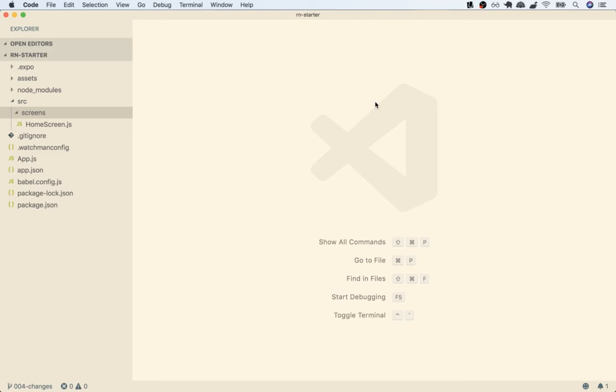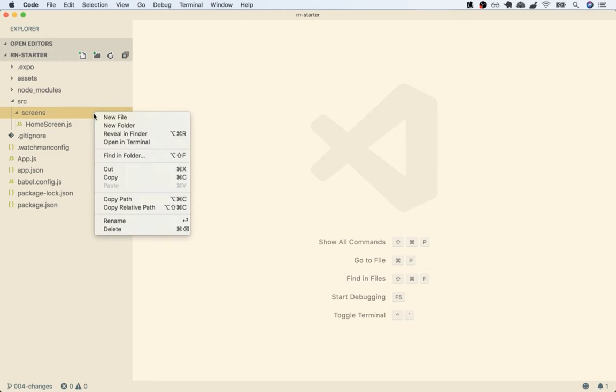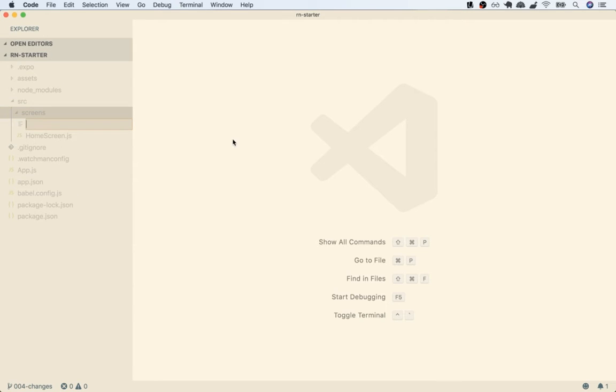In this video, we're going to get a little bit more familiar with the React library itself. To get started, I'm going to find my src directory inside of my code editor. Inside there is the screens directory. Inside the screens directory, I'm going to make a new file called